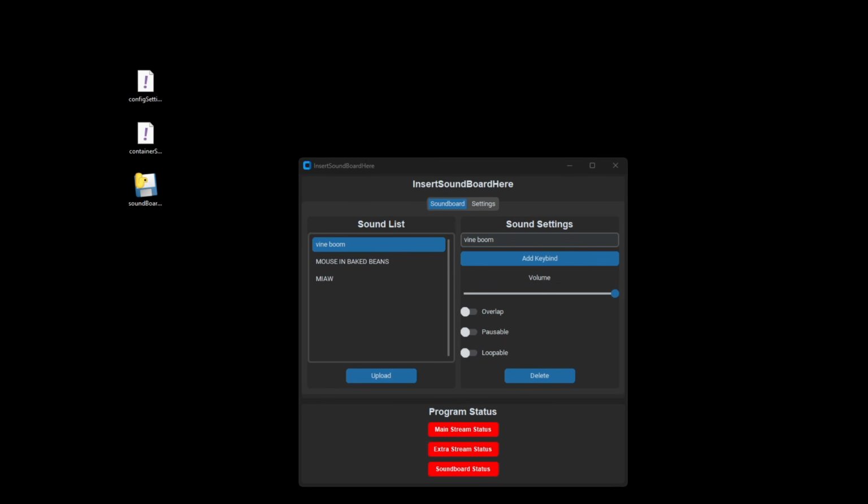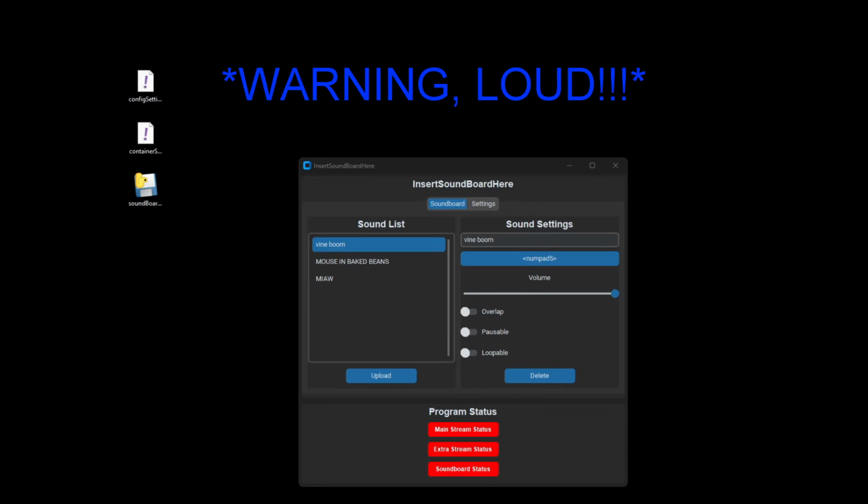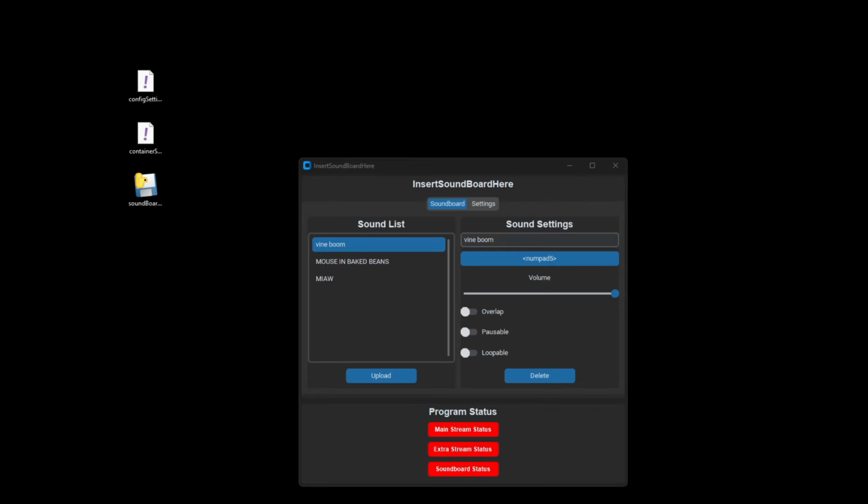To give the sound a keybind, click on the add keybind button of your corresponding sound and give it a keybind of your choice. For Vine Boom, I've given it numpad 5. And then when I press numpad 5 on my keyboard, boom! The sound plays! I'm now going to try that again with Mouse in Baked Beans. And then when I press numpad 1 and 9 on my keyboard,